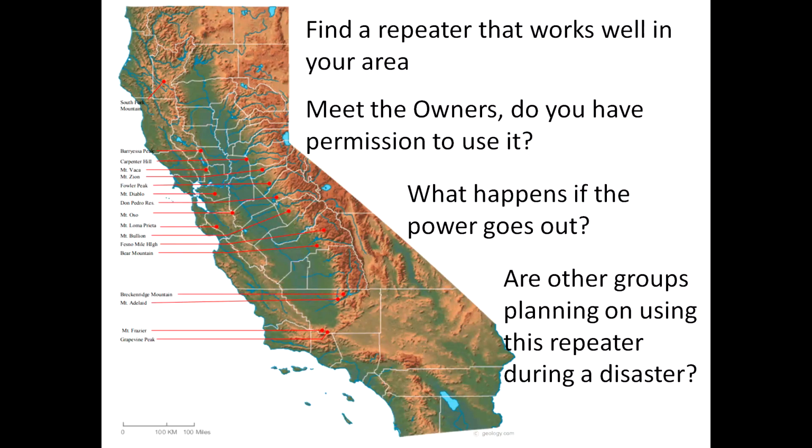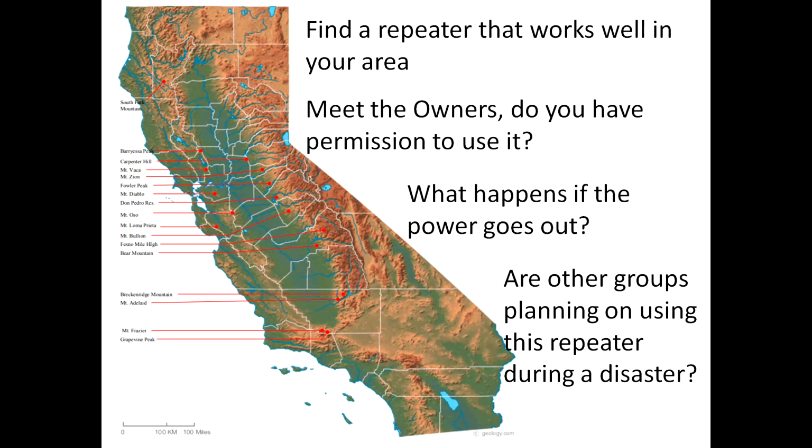Another thing to take into consideration: are there other groups planning on using the repeater that you've chosen during a disaster or an emergency? With ham radio, there are groups called ARES, Amateur Radio Emergency Services. If you're using a radio repeater that's used for ARES, ARES is their own entity. In the case of an emergency, the ARES club is going to be using that repeater full time to coordinate disaster operations. Will your CERT team be able to use the repeater during an emergency,